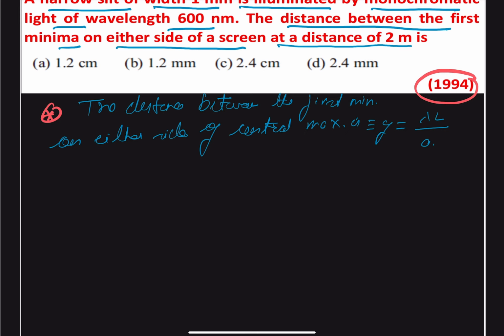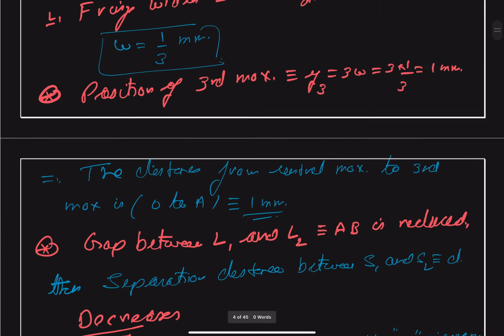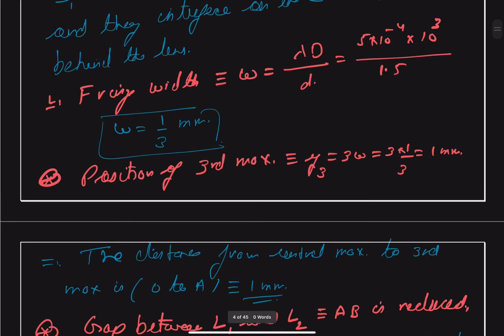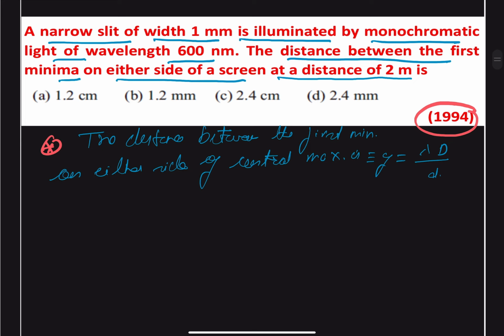And it is usually written, let me write the standard one, as capital D divided by small d, where d is the distance between the slits. One second, let me check, it is capital D upon small d. Here small d is the width of the slit, and capital D is the distance of slit to the screen,